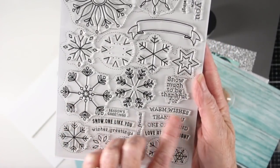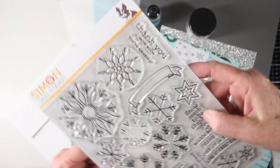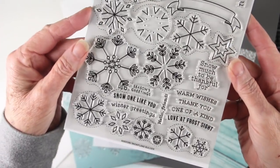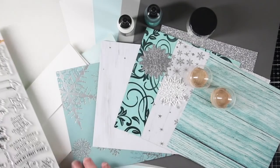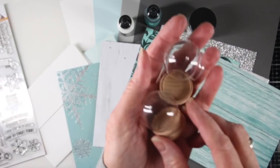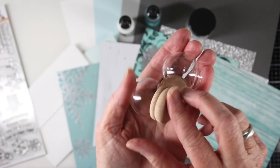Then we have some curved messages, and those go into that curved banner. And then if we turn this to the side, we have just some regular straight messages. This is a super fun stamp set that you can use with your favorite inks to create some really gorgeous cards. Another fun item that we've included in this kit are 2 of the Tim Holtz snow globes, and these